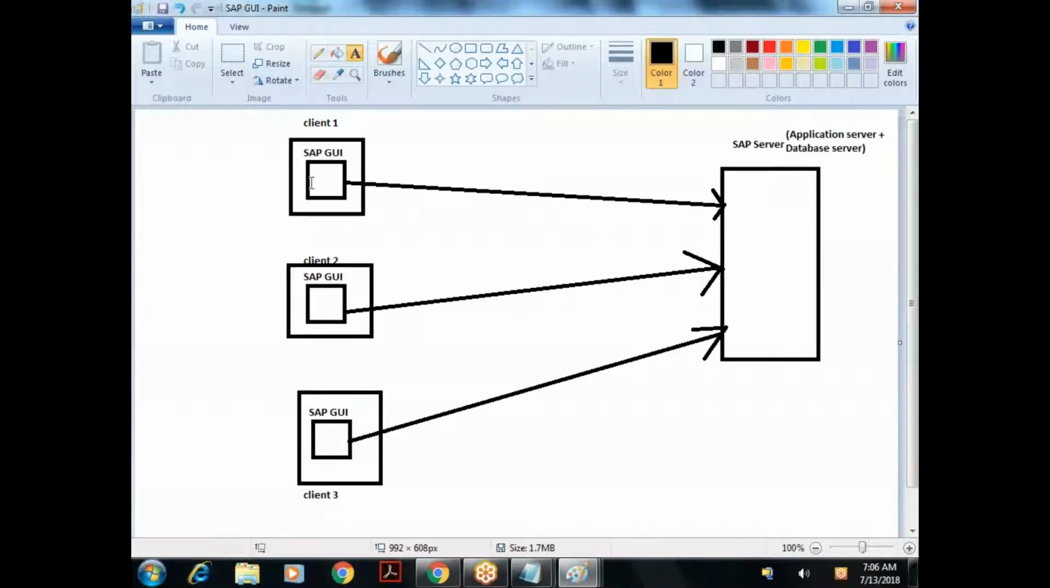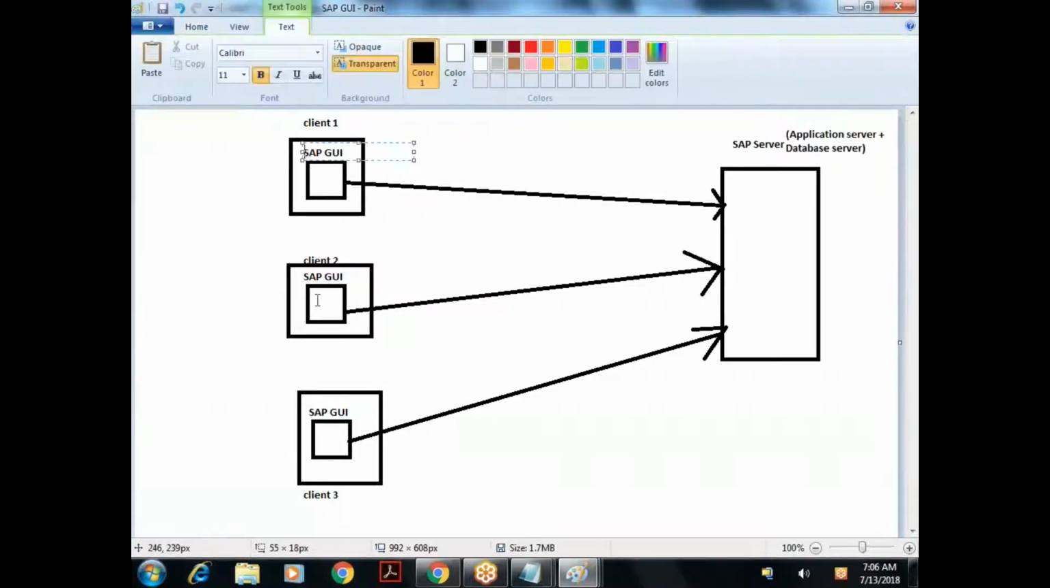In all the client machines, SAP GUI software will be installed. Just like if you want to access any website, we require what? Browsers. We require Internet Explorer, Mozilla or Google Chrome. Similarly, to connect to the SAP server, we need to connect through what? SAP GUI. So in all the client machines, SAP GUI software will be installed,